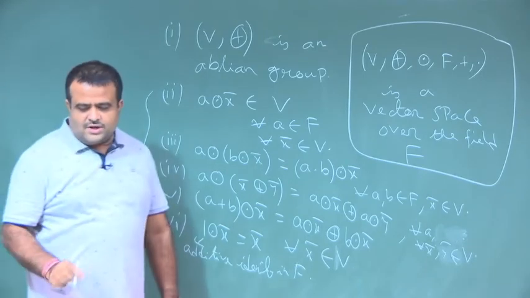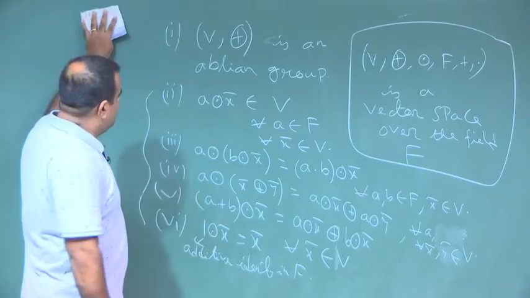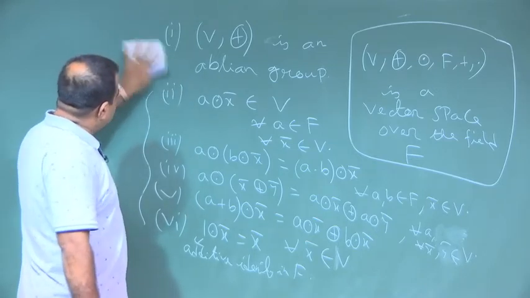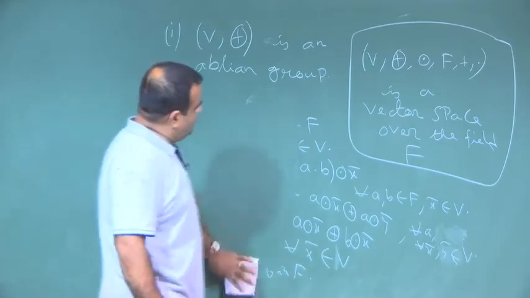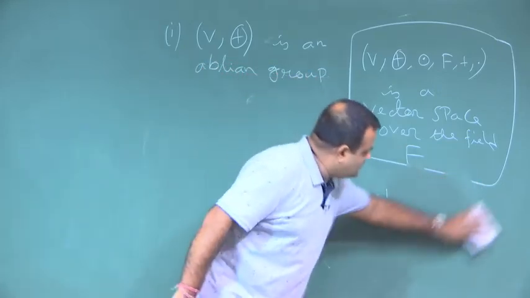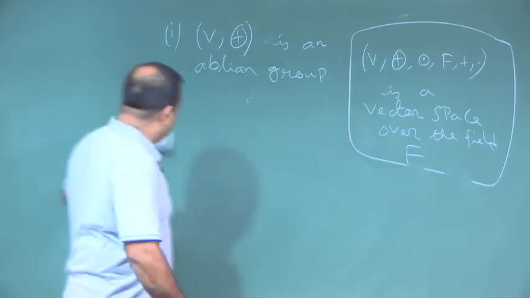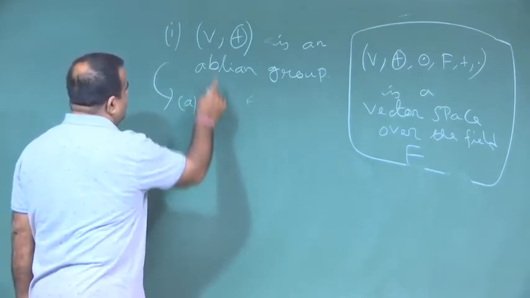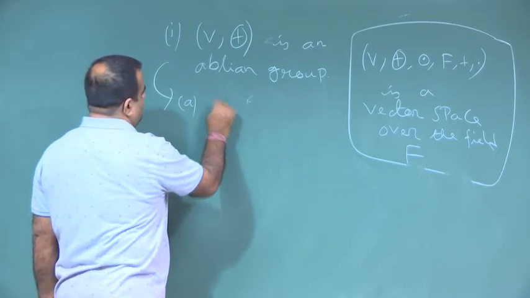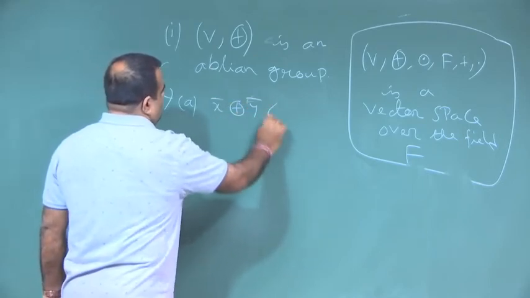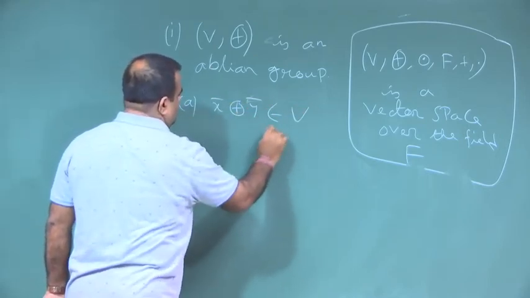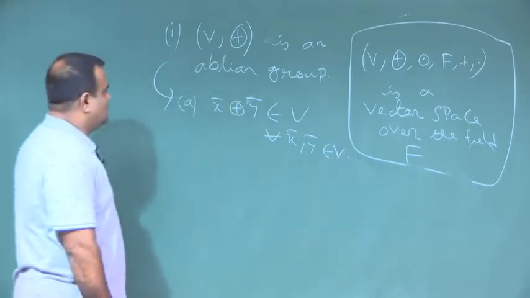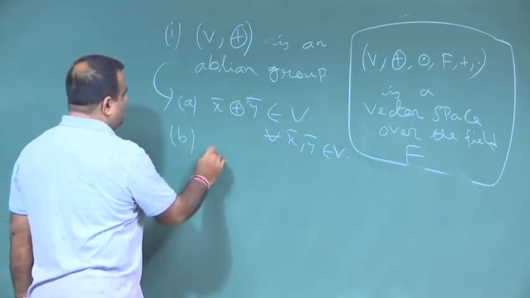Okay. So, now we will take some examples of vector spaces. Again, this is an abelian group, meaning it has 5 properties. What are those? Let us write those before we go to the example. An abelian group means we have 5 properties, like the closure property. If you take 2 vectors, then the sum must belong to V, for all X, Y belongs to V. This is the closure property. Then the associativity property.